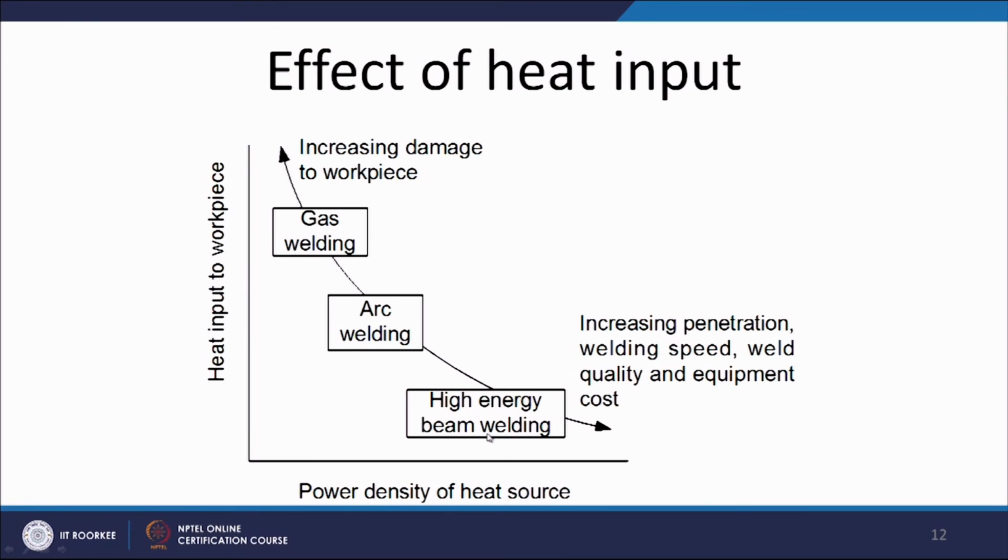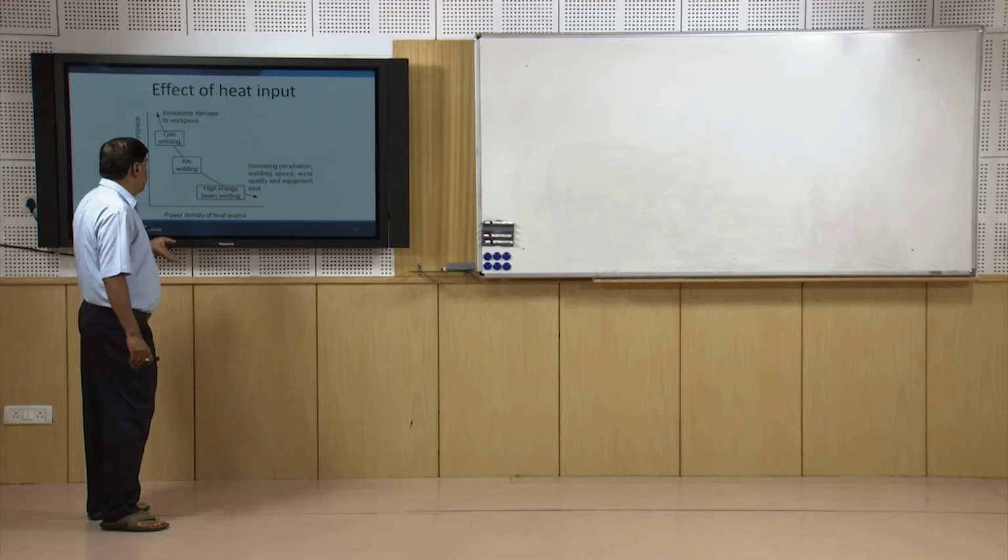So, if we see the effect on welding with the change of the energy density, if we go with a low power density heat source, then it will increase the heat input, which in turn will increase the damage to the workpiece. And on the other side, when we work with a higher power density or energy density, we will see that a high energy density process will result in greater penetration, higher welding speed, and good quality weld joints. So, this is how we can see that